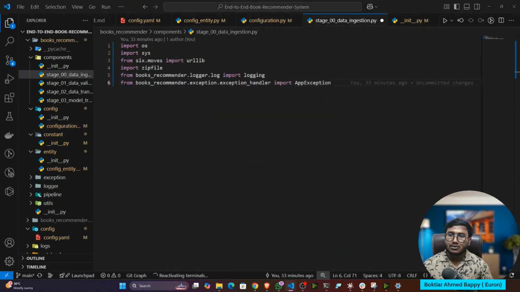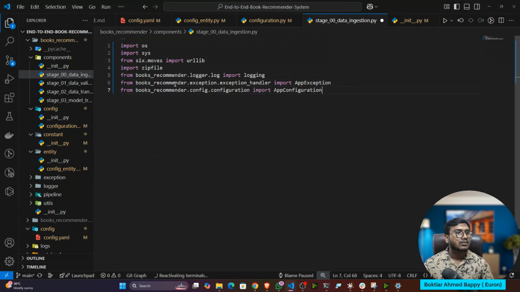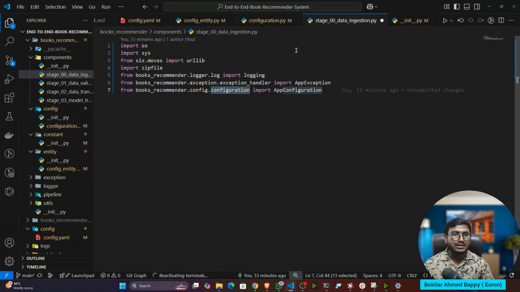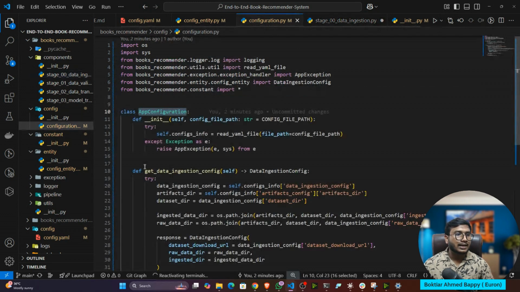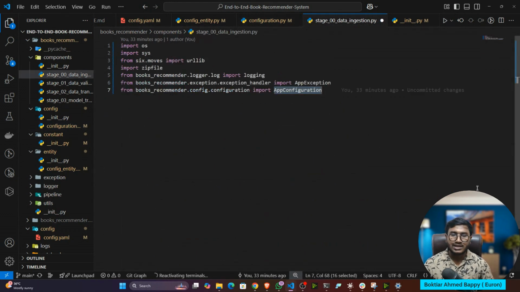So this is the code for that. Book recommender config configuration, inside that AppConfig is there. Now I can easily initialize the object and I can get this particular method. I hope you know how to initialize the class object and all. Now this is the class I have written.